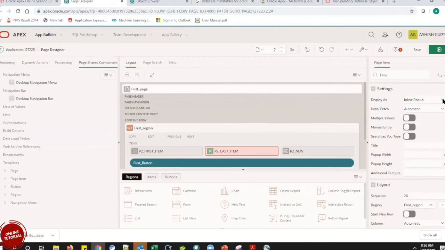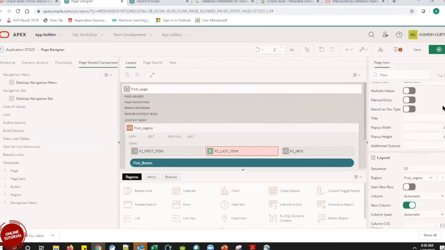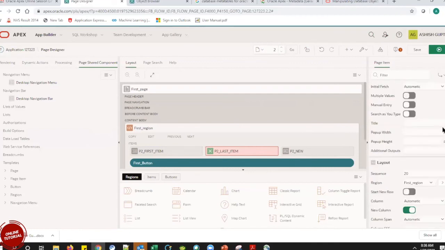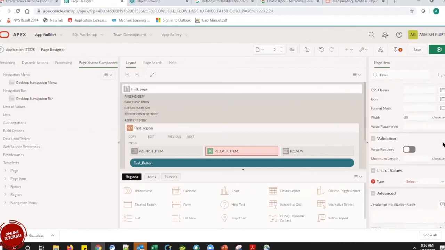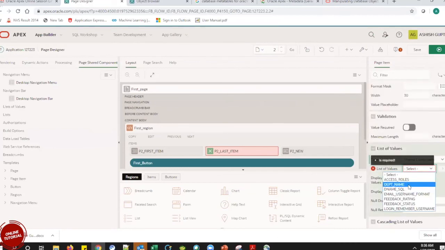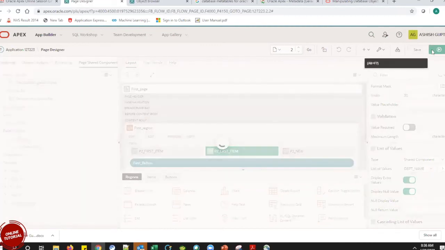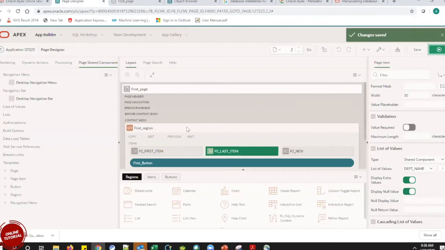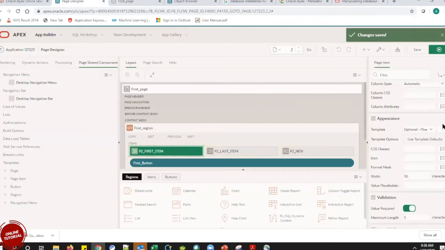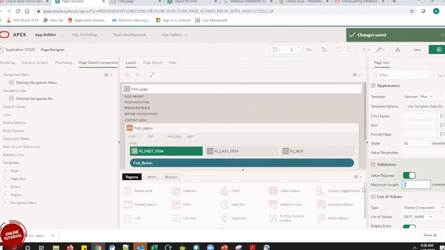And let me keep the values here, shared component and list of values. Okay, now as my this item is, I think I got an error.